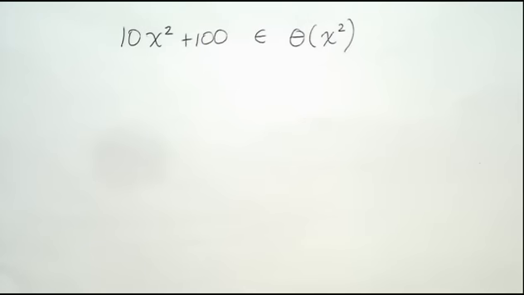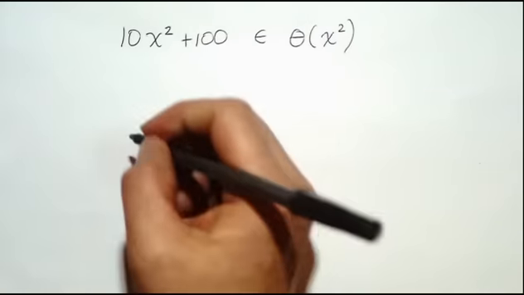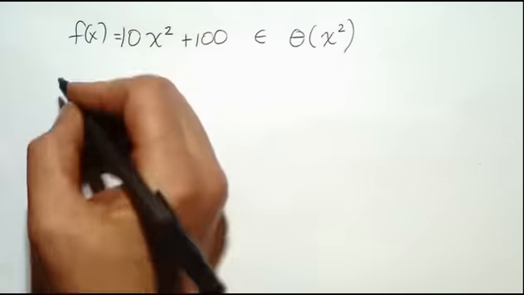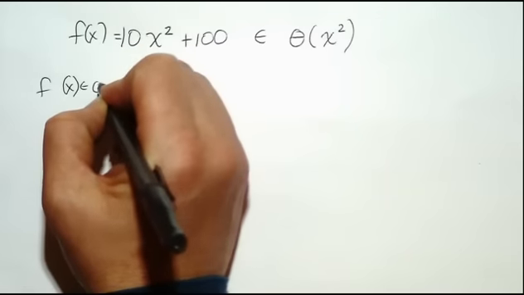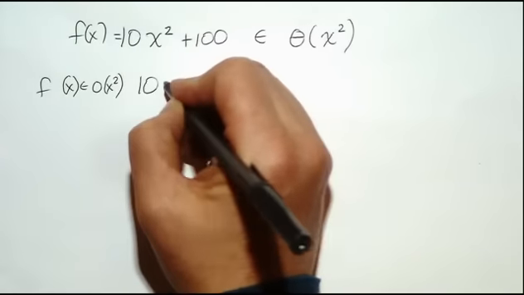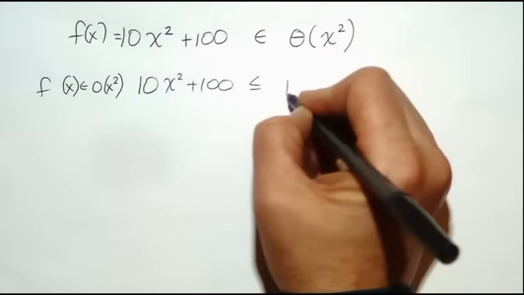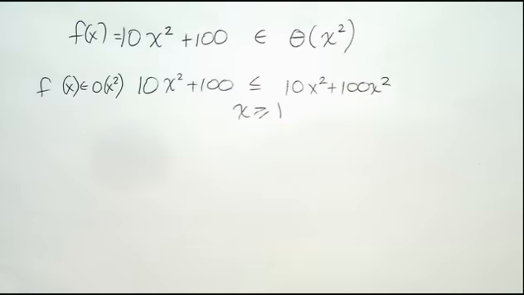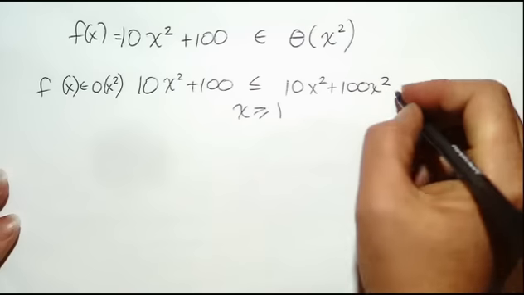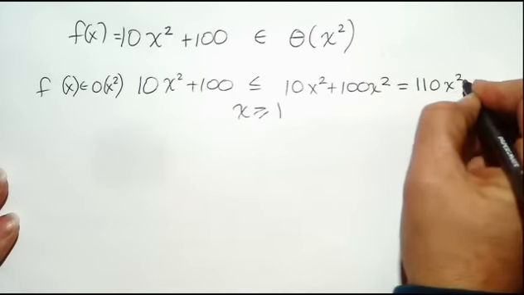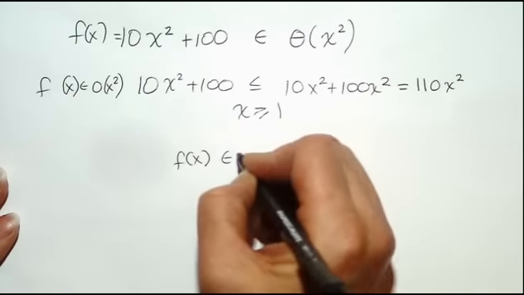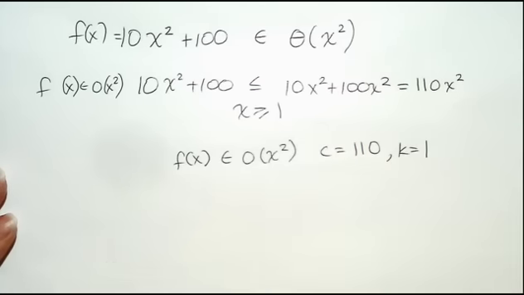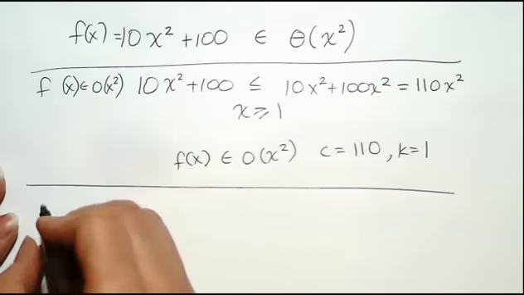So if I want to show that 10x squared plus 100 is in big O of x squared, I first am going to show that f of x is in big O of x squared. So 10x squared plus 100 is less than or equal to 10x squared plus 100x squared, as long as x is greater than or equal to 1. And this is equal to 110x squared. So now we have f of x is definitely in big O of x squared with c equals 110 and k equals 1. So now I have to show